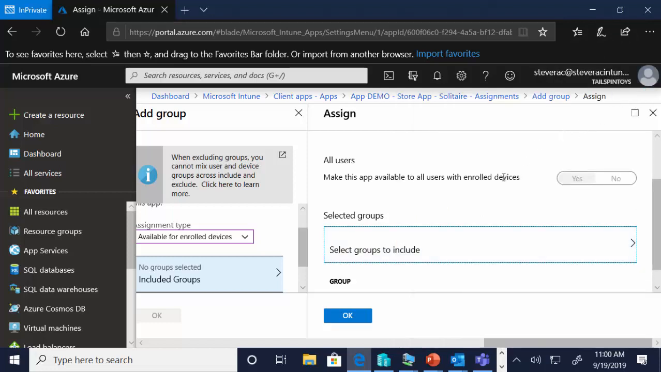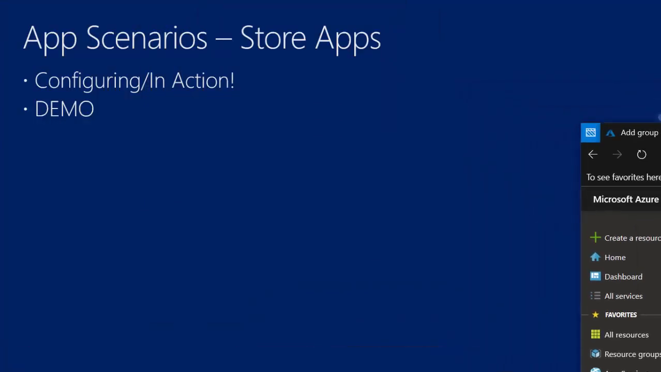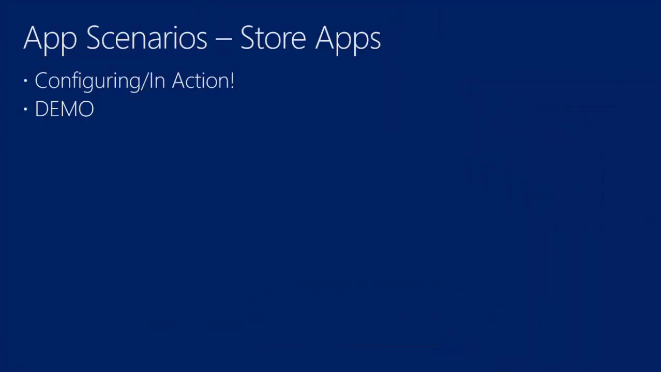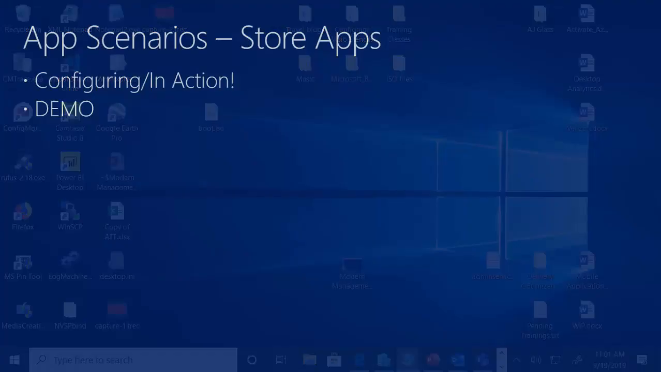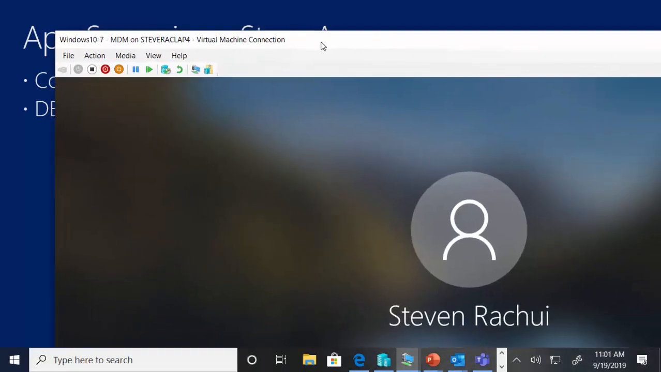Okay, so I've got mine deployed. Let me get rid of that. I've got mine deployed to all users as available. That's my only option. So let me pull this out and pull in my test machine so I can show you, right? Now on the test machine, oops, I pulled it into the wrong screen. Let me go grab it. Here we go. On the test machine,